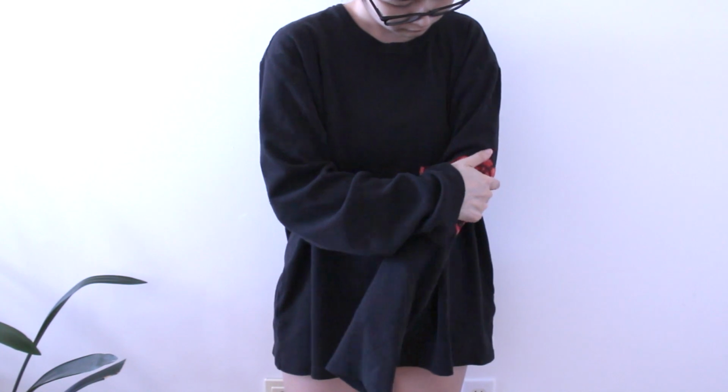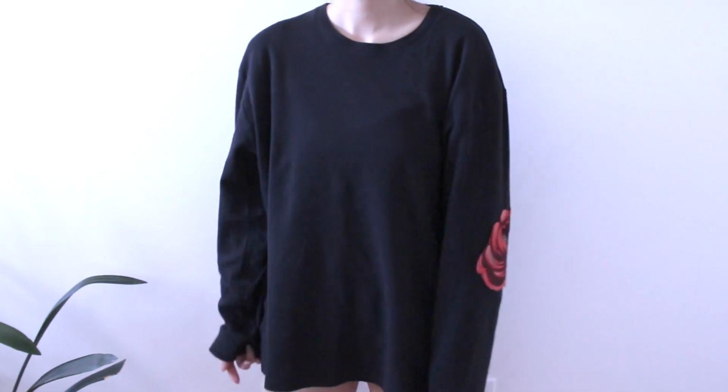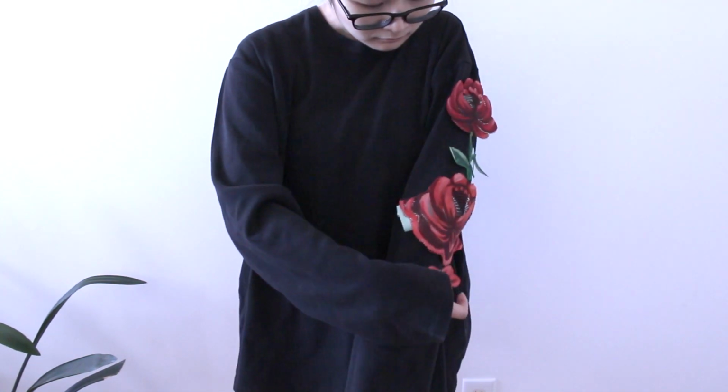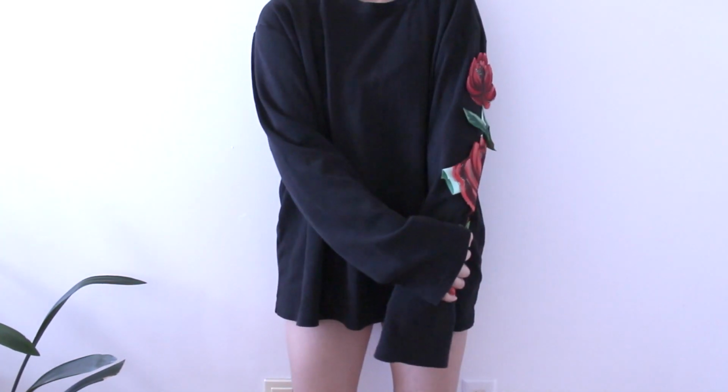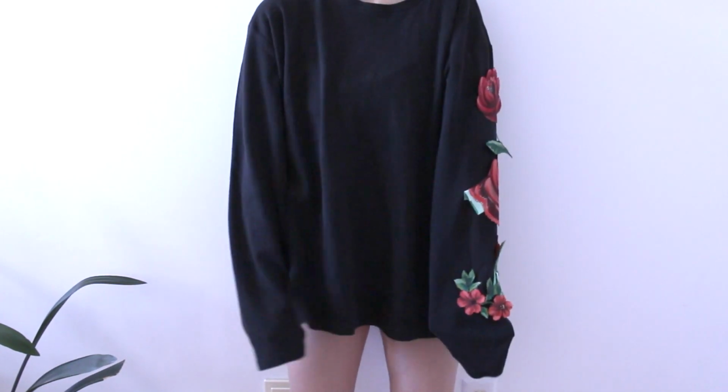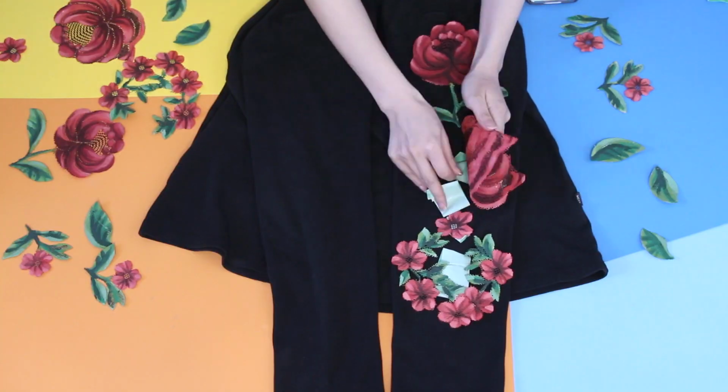so that I knew what it would look like when it was on, because when it's flat versus when you're wearing it, it's definitely very different in terms of placings, because you're not flat, you know, you're a 3D thing. Why did I just call myself an object? You're a 3D person. Once you're happy with the placements, take off the sweater carefully, and then from there you're